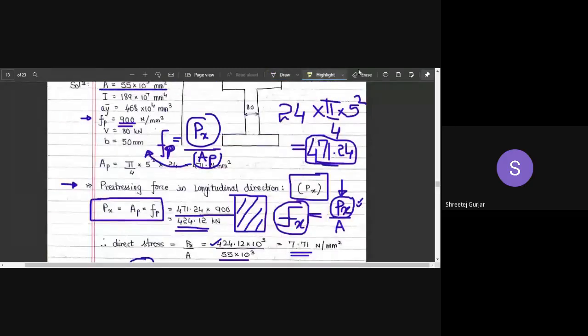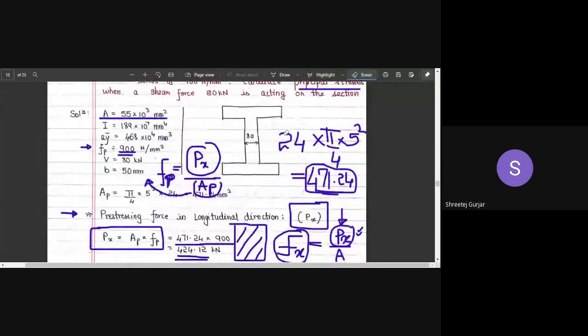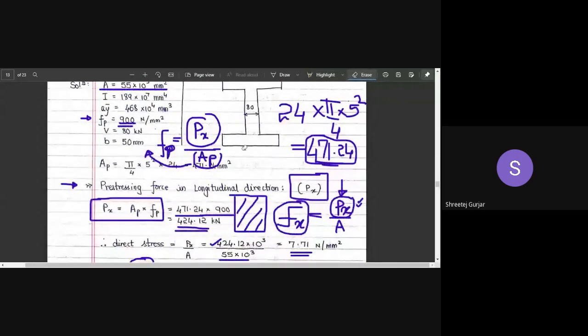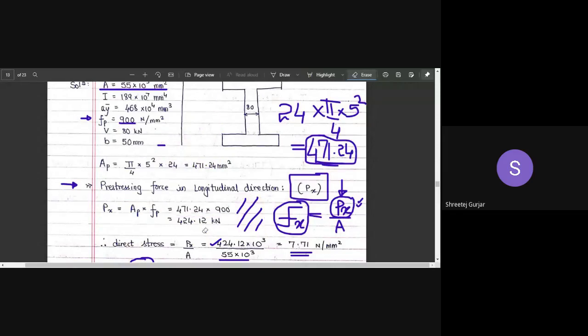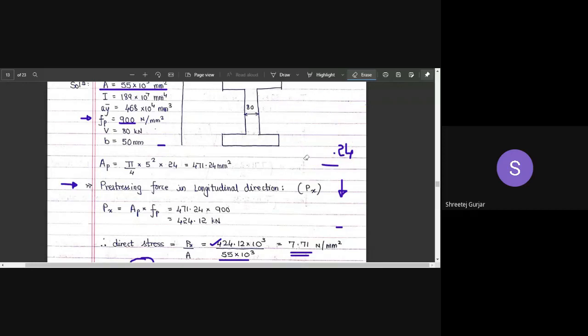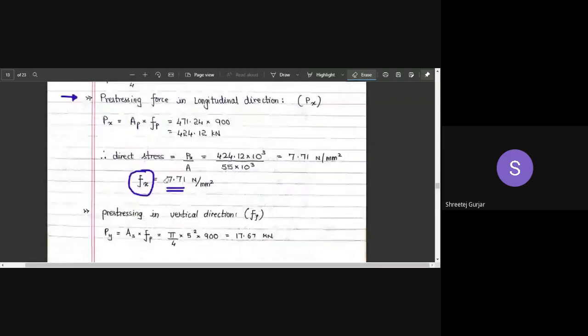So is the calculation of Fx clear to you? How we have arrived at this Fx? I hope you have understood the calculation of Fx. You can see the steps I have mentioned clearly on the screen. If you didn't understand any of the steps, please let me know. Okay, Fx we calculate first.